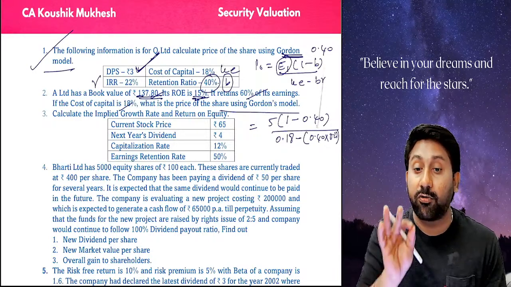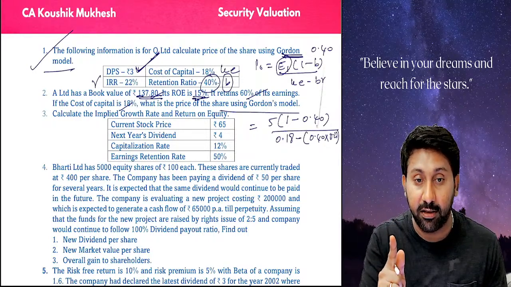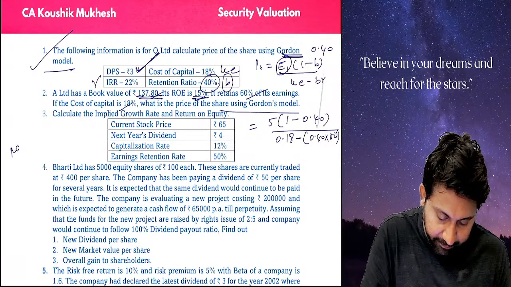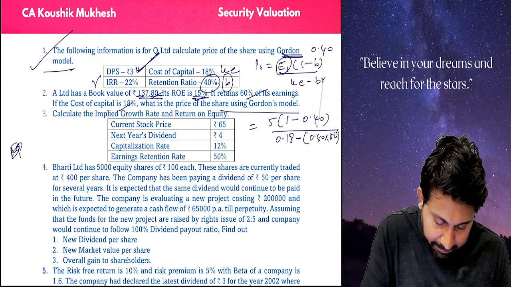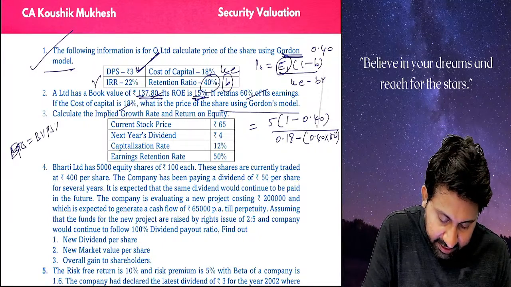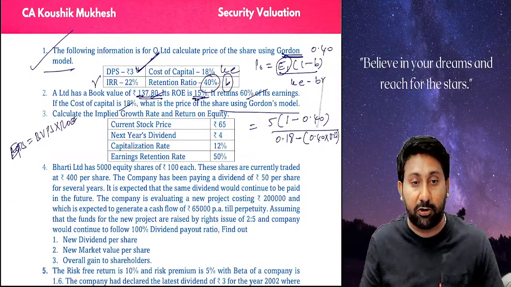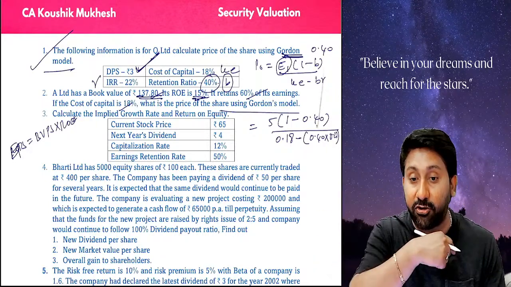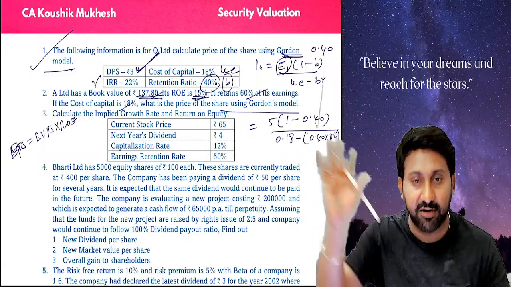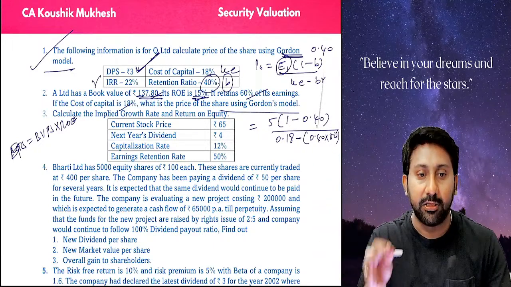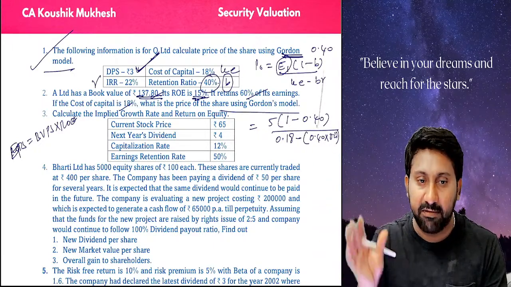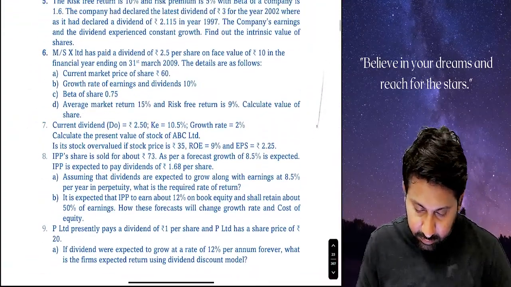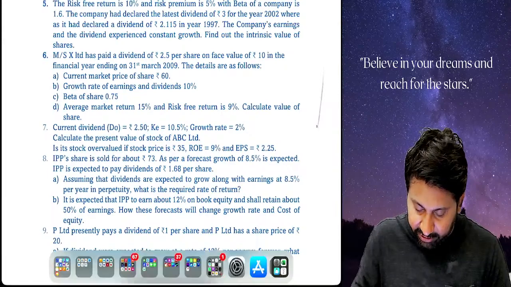Listen always. In a question, if book value per share is given and return on equity is given, always blindly follow one formula. See here. EPS equal to BVPS into ROE. Formula, you remember. In the original class, I gave you the interpretation, logic, derivation of the formulas also. This is not the time. So simply, EPS will be written as BVPS into ROE.